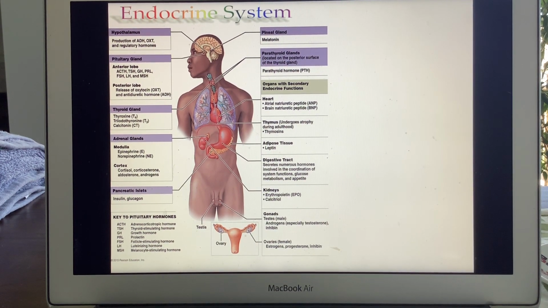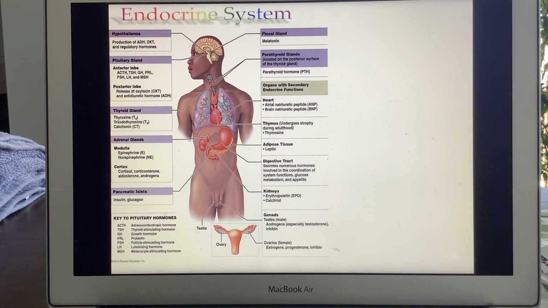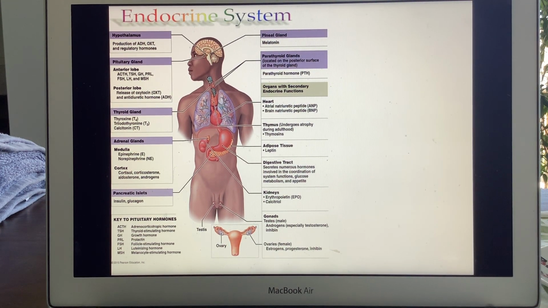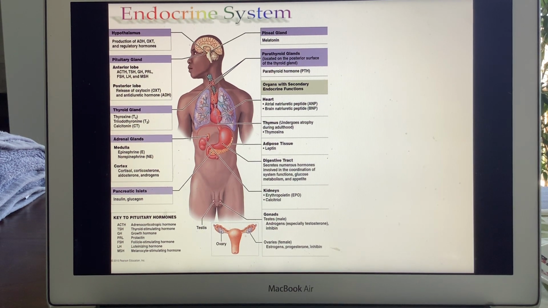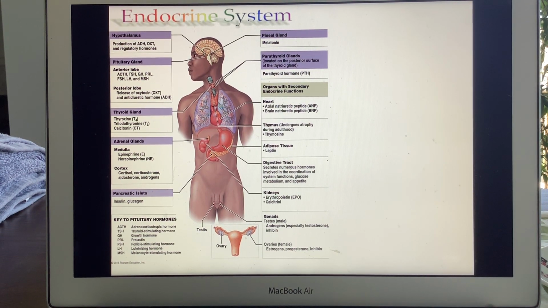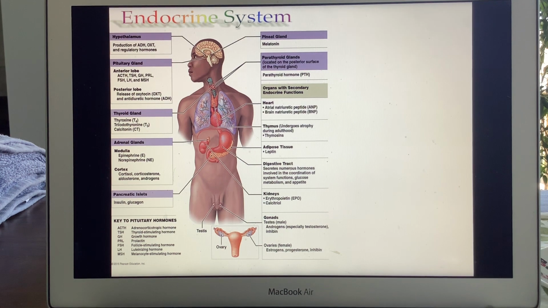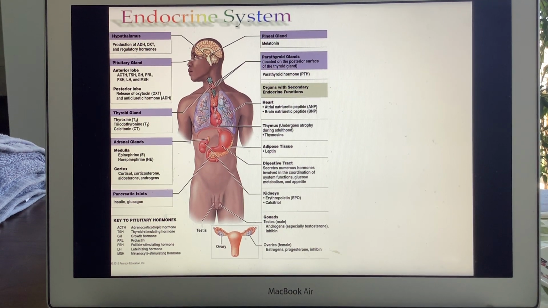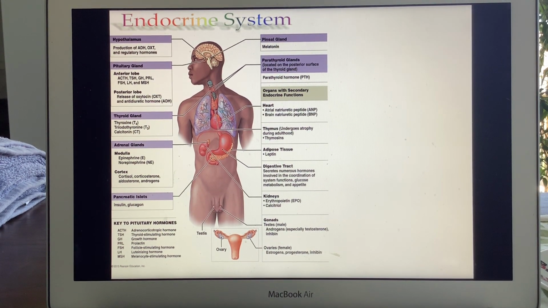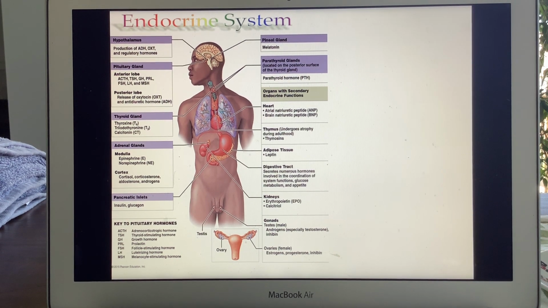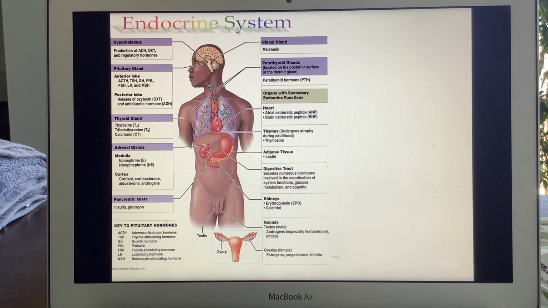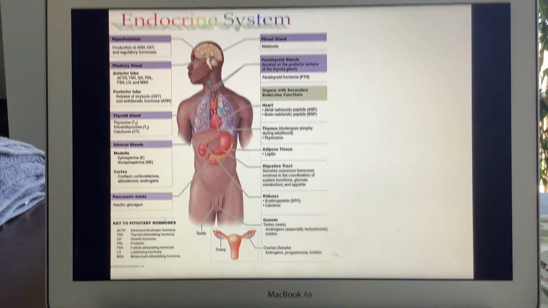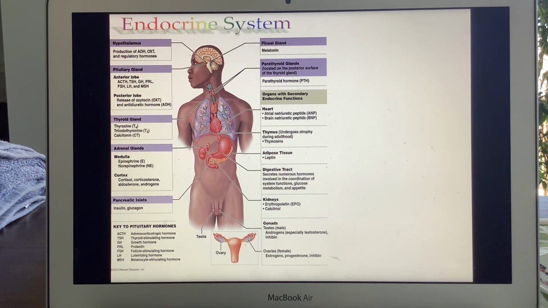Then we have what they call secondary endocrine organs, and those have some other specific function. We talk about the heart, the thymus, the adipose tissue, the digestive tract, the kidneys, and the gonads. The gonads involve the testes and the ovaries. So when we talk about the endocrine system,